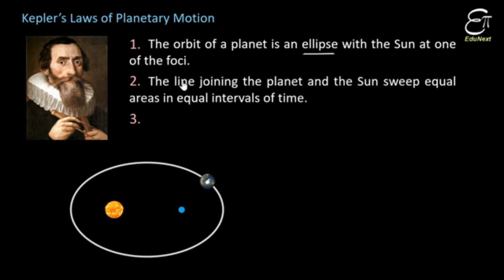हैं। The line joining the planet and the Sun sweep equal areas in equal intervals of time. चलिए इसे समझते हैं कि इसका मतलब क्या होगा। सबसे पहले तो देखिए यहाँ पर equal interval of time कहा गया है। चलिए देख लेते हैं इस पूरे चीज़ का मतलब क्या है। मान लें कि Earth अभी यहाँ पर है, वैसे तो Earth ये revolve करेगा इस path में, इस elliptical path में। ये एक बार Sun का पूरा चक्कर लगाने में कितना समय लेता है? Nearly 365 days, 365 days and nearly 6 hours।